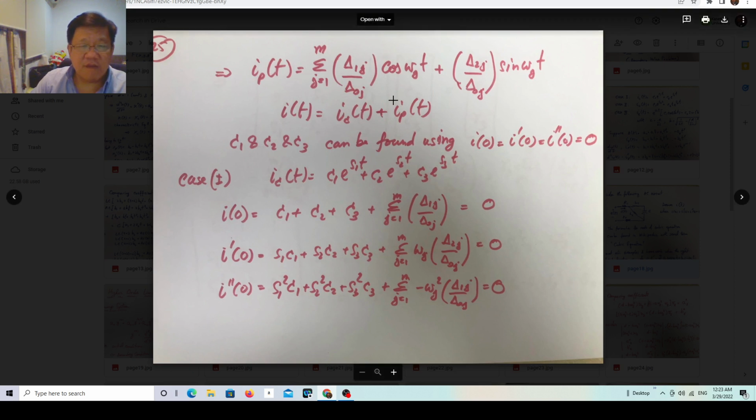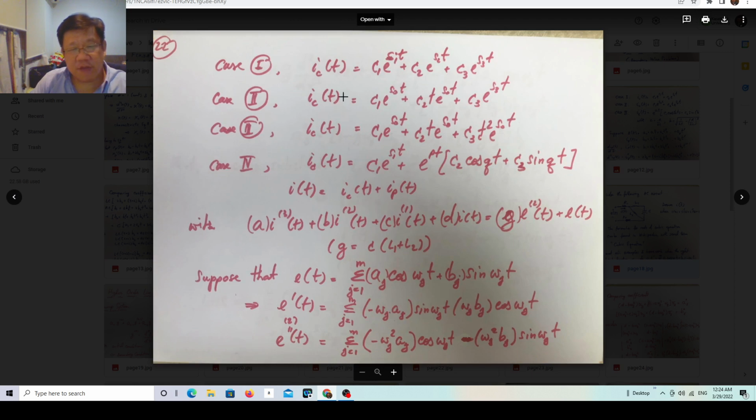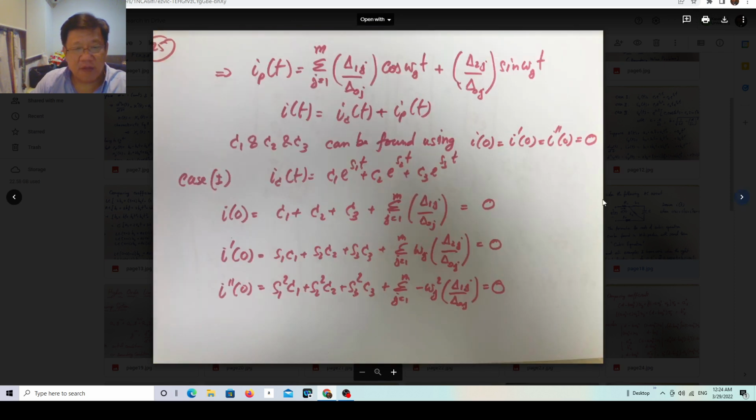And next, this is a more tedious part: you need to analyze each case of the complementary solution. Like we showed you before, there are four cases. Suppose we start with case number one. Here you have three initial conditions, suppose I0, I prime 0, I double prime 0. So you just use this, and then first,